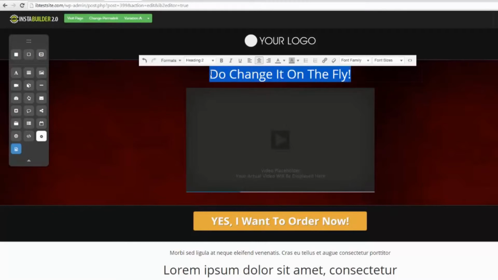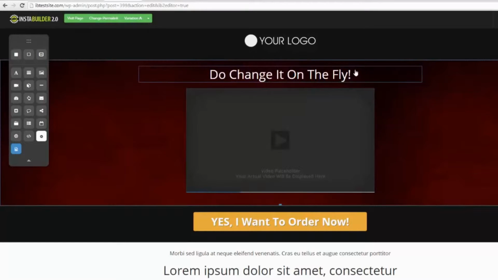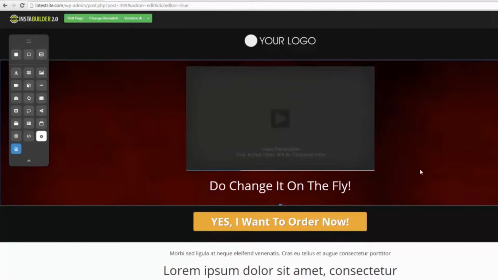And then we can go ahead and highlight this. We can do everything you expect with a WYSIWYG editor, okay? Now, if we want to move that below the video, boom, look how fast that was, guys. I know you guys have seen these page builders where it just sits there and it spins before it actually generates the element. Well, not with